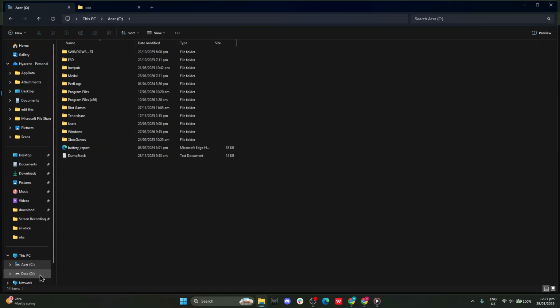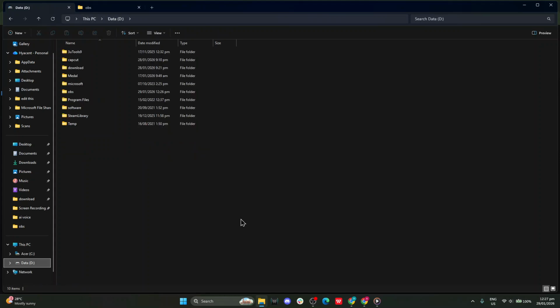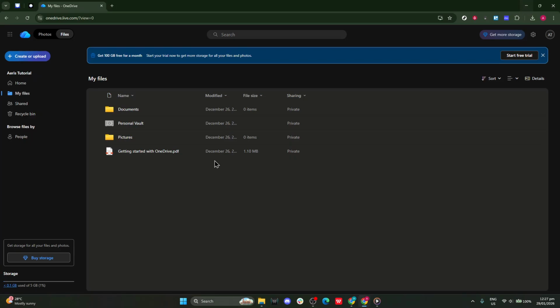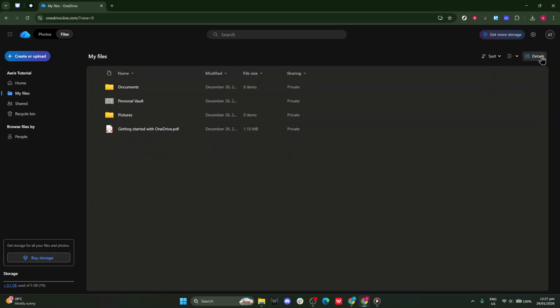After a moment, you should see the new drive appear in File Explorer under this PC, ready to use like any other drive. If you notice a brief delay, that's normal while the connection initializes. A quick tip: if the mapping doesn't appear immediately, refresh File Explorer or close and reopen it. Ensure you're connected to the internet and that you pasted the exact identifier from the URL. Once it's set up, you'll have fast, familiar access to your OneDrive